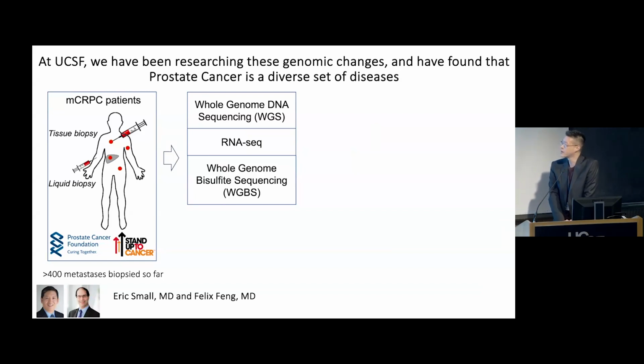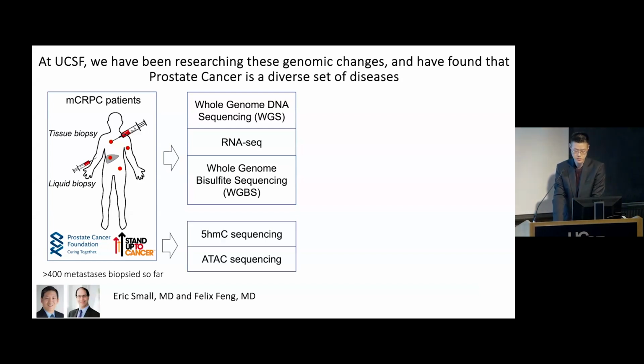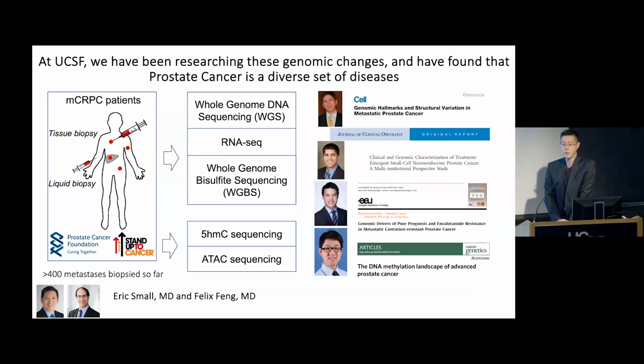In a large multi-year, decade-long study that Dr. Small and Dr. Fang have led, we have been taking biopsies from patients' tissue sites, their bone metastasis, their lung metastasis, et cetera, their prostates, and also doing liquid biopsies, to interrogate using technologies like whole genome sequencing and RNA sequencing to understand and define what changes occur in cancer cells. Doing this, our group here has published a number of publications. These have set the standard for understanding these transcriptomic and omic changes in cancer cells, in prostate cancer cells specifically. Okay,